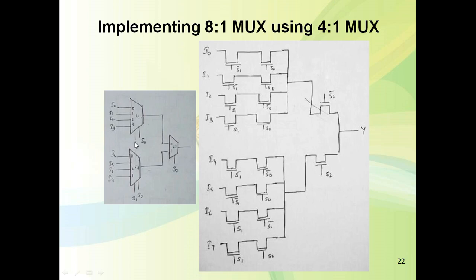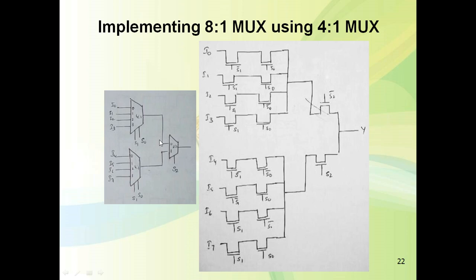We have to use two 4:1 muxes to implement one 8:1 mux. Along with that we require one more, a 2:1 mux. So this is one 4:1 mux, another 4:1 mux, and one more 2:1 mux to implement this 8:1 mux.